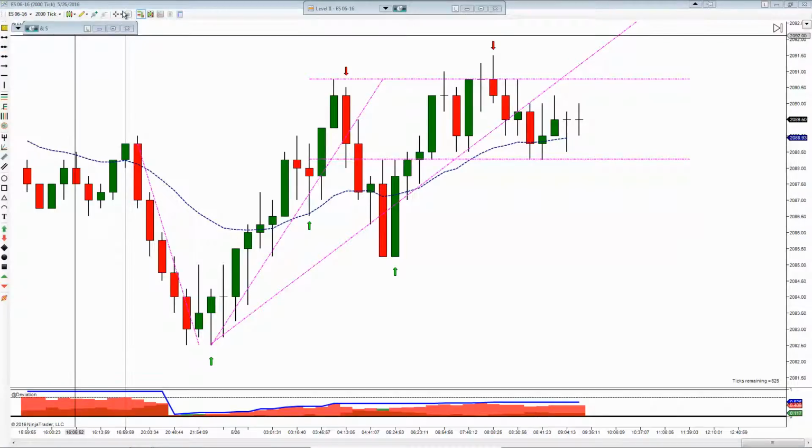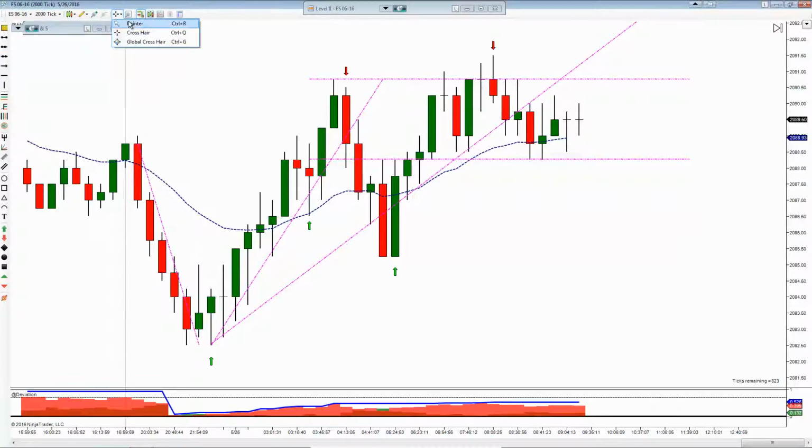Good morning. This is Peter, and this is my pre-market analysis for Thursday, May 26th, 2016 on the ES S&P 500 E-mini. Looks like the overnight market we saw initially from the 6 p.m. Globex open, a little push down, a bounce. Saw a trade there. These aren't necessarily trades that I've taken. These are just trades that have areas of opportunity that I've identified as a result of my analysis prior to